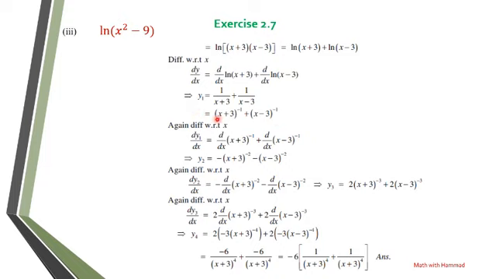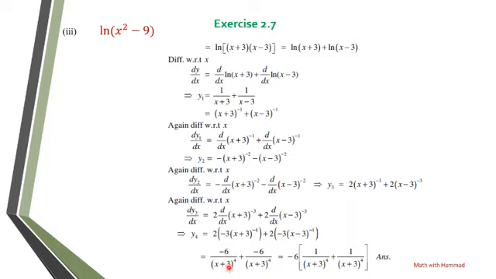Now for the second derivative we will use the power rule: power times base raised to power minus 1. The derivative of x plus 3 is 1 and the derivative of x minus 3 is also 1. Again use the power rule to find the second derivative. We will get 2 into x plus 3 raised to power minus 3 plus 2 into x minus 3 raised to power minus 3. For the third derivative again use the power rule, and for the fourth derivative we will use the power rule